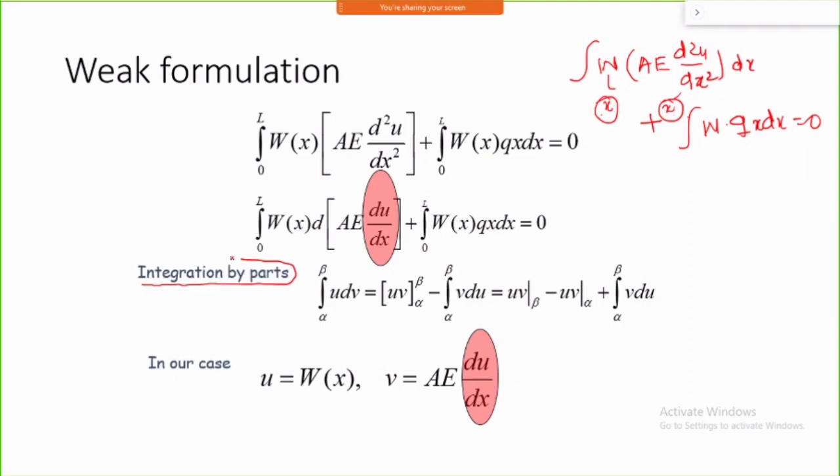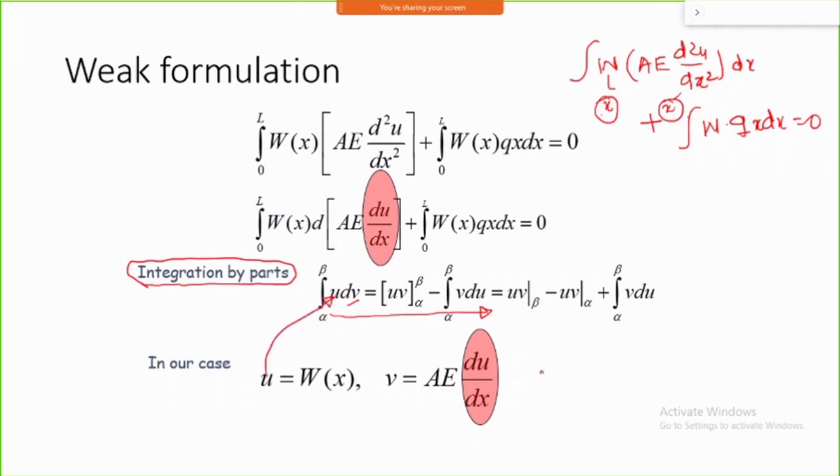When we integrate such functions, we have to apply the integration by parts formula. This integration by parts formula means we are integrating two functions which are multiplied with each other. Here is the formula for it. If my u is here, and dv is considered to be du by dx, then I can now substitute into the uv formula, which we have studied in all mathematics subjects. Here, u is assumed to be W x.